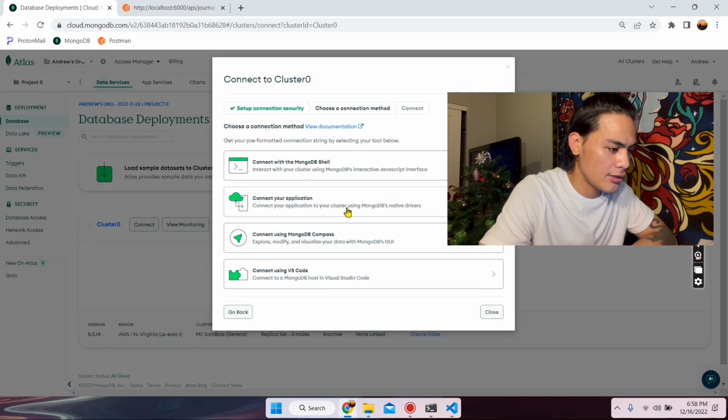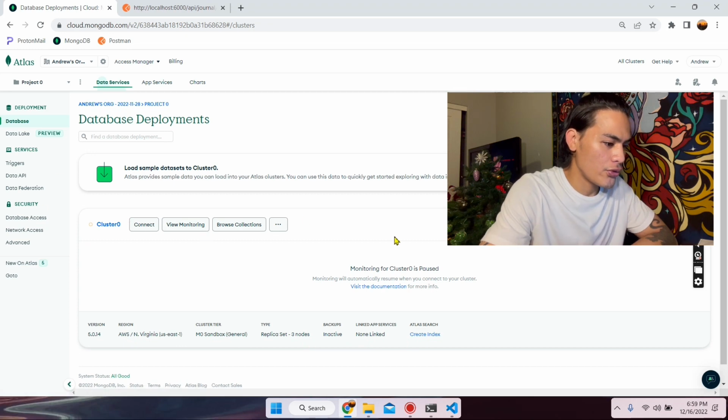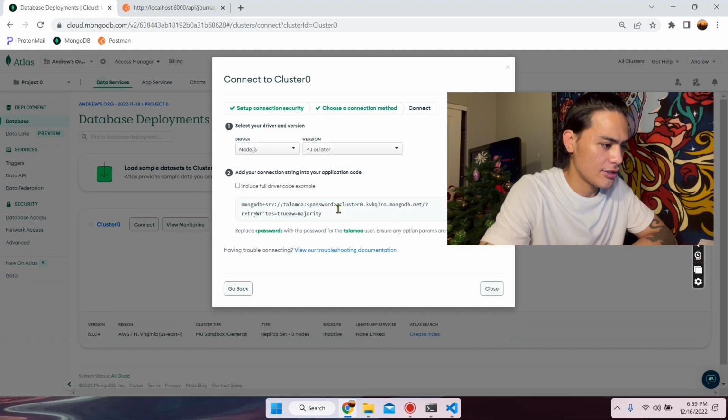So let's go ahead and click connect your application. Once you've created a database, it's pretty easy. You can create one for free, super quick. Once you set that up, it'll show you your database. You just go ahead and connect, and then you're going to want to connect to your application. We're going to copy this string here,